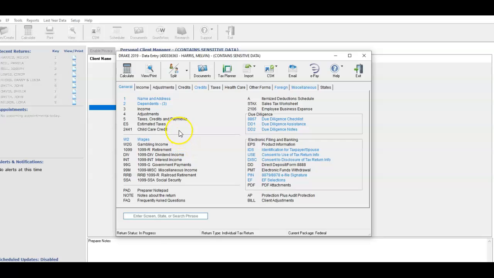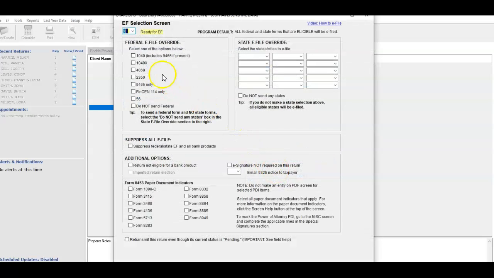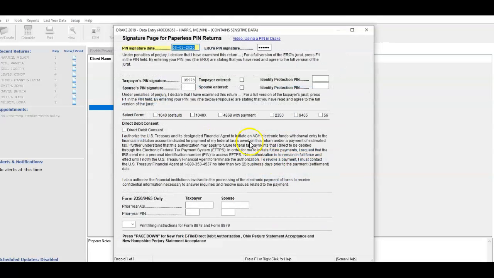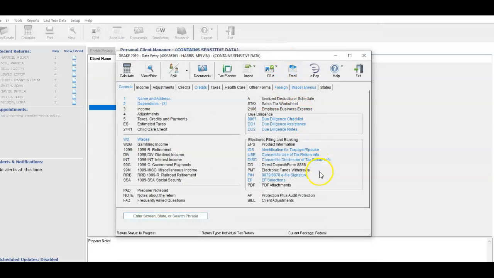In this simple tax return, we go to signature pages. EF stands for electronic file. We select that for ready. And then we go to PIN number. We put in the day's date and the PIN number that you selected on your e-file application. You come out of that, and then we go to